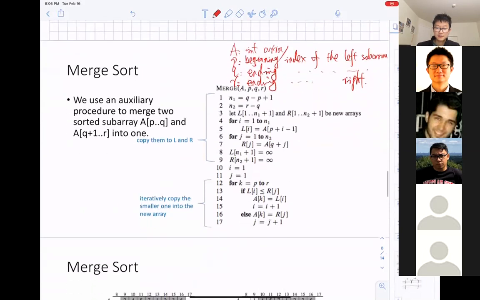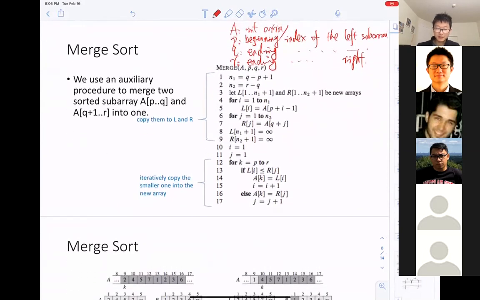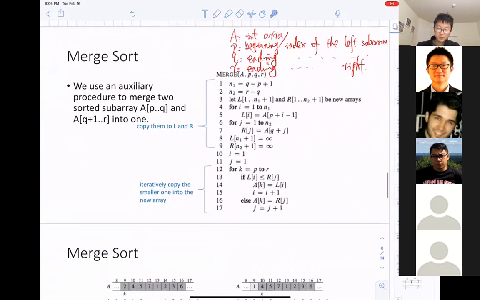Next, let's start reading the pseudocode. In the first line we have n1 equals q minus p plus 1, and n2 equals r minus q.